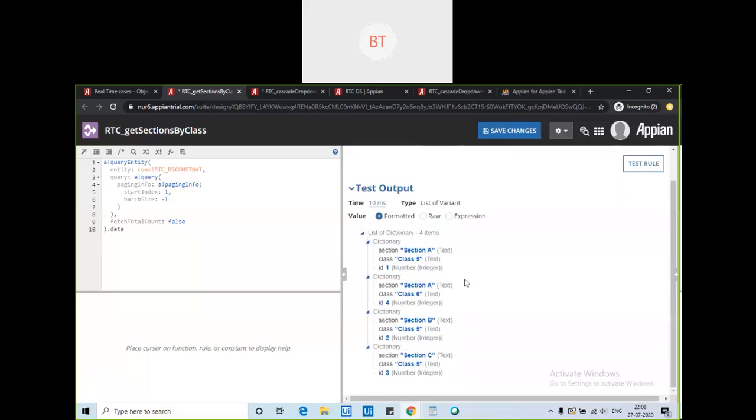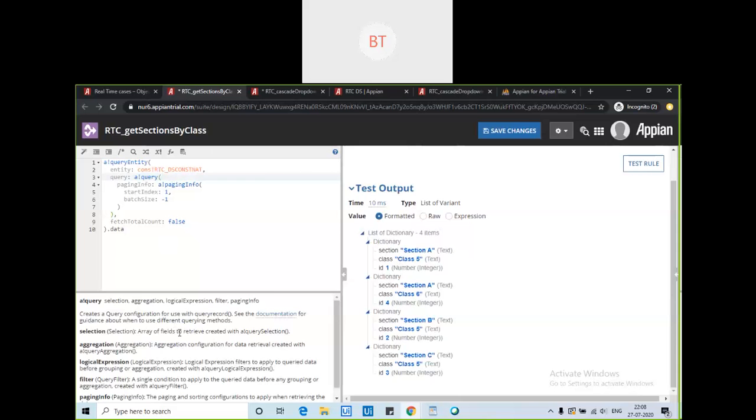Now what we want is, based upon whatever class we give in input, we want the section output, right? So what we need to do is add filters here. I am adding filter, and in filter, see here, even if you don't remember, it's written what function you need to use for the filter part.